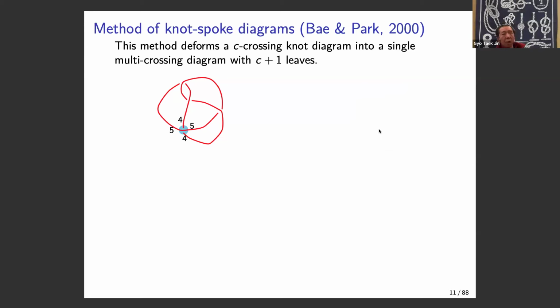And then we move this undercrossing arc over here. And then because the moved arc is a low underpass, we assign one smaller height, and then